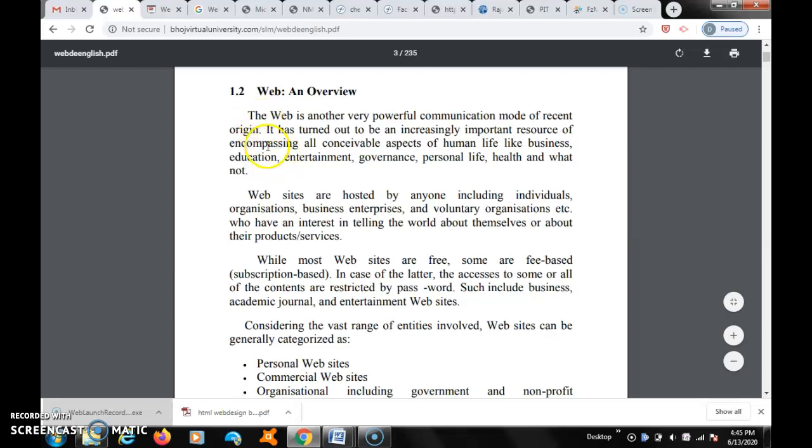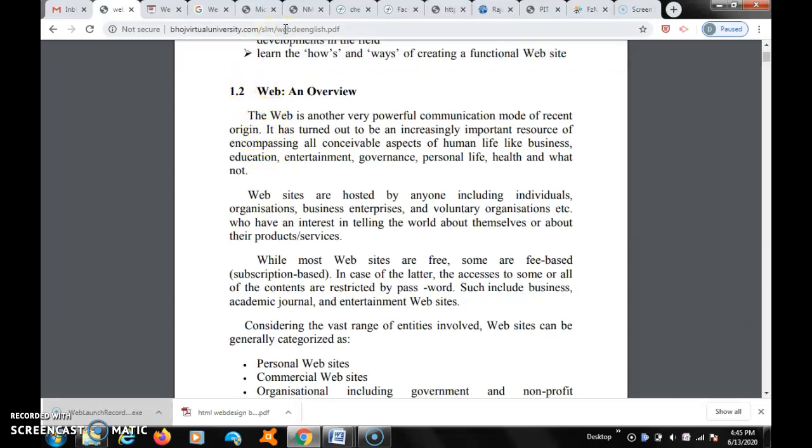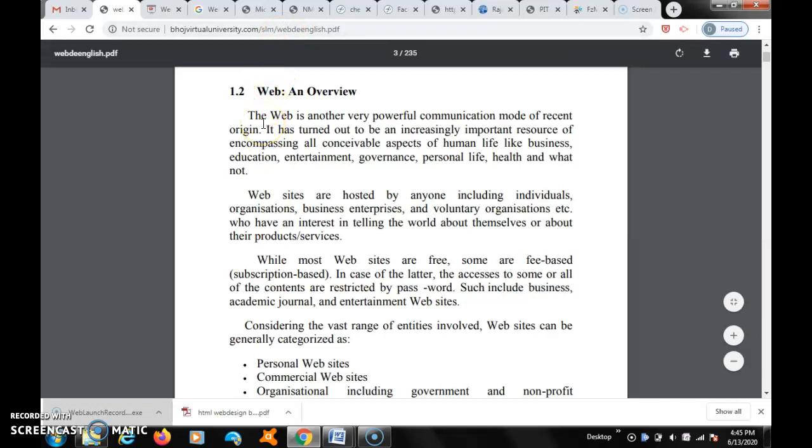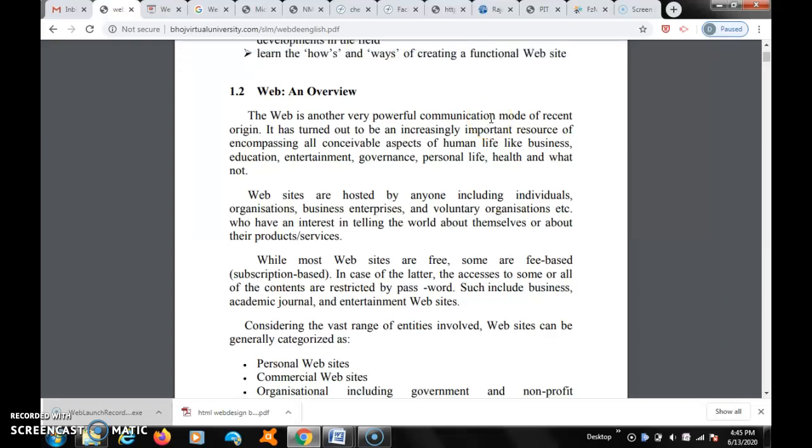Once you type in the URL in your browser, whether it is Mozilla Firefox or Google Chrome, you will get powerful communication. Whatever is there in that website will display in your system, if your system is connected to Wi-Fi. So it is a powerful communication of recent origin. It has turned out to be an increasingly important resource, encompassing all the